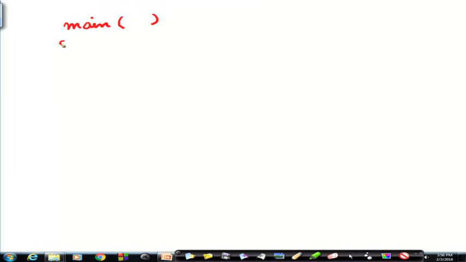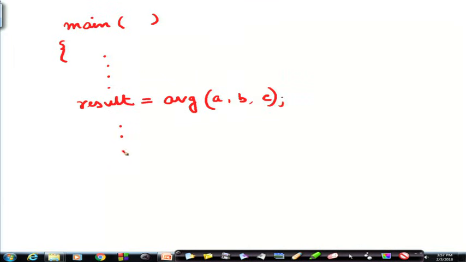I am not so much bothered about the syntax now, and the main function is running, and here I want to say result is average of A, B, C, and etcetera, and we end here.